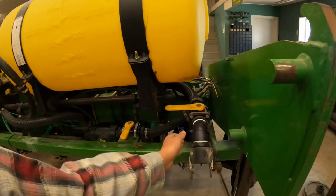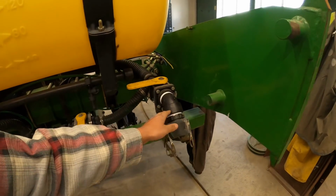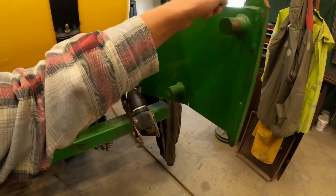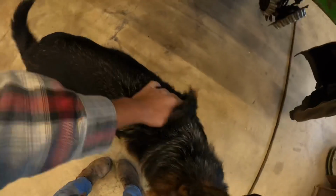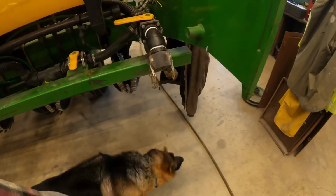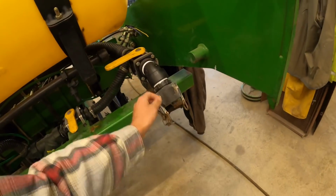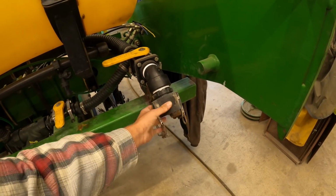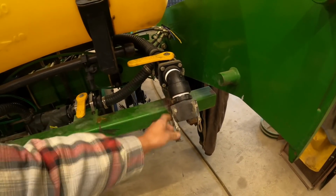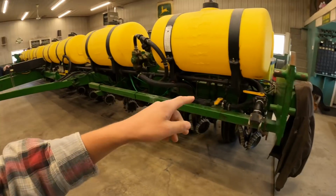So what we ended up doing, we put 45s on here, because last year, you guys remember when we were filling this with 3-inch, with that hose, we had a tarp strap up here pulling down. Oh, hello there. You just came out of nowhere. How's it going, Bela? So we had a tarp strap up here to help support it. And here comes the other one. Hey, Axel. So this year, we decided to put a 45 on it to help take some stress off that. And we got 45s on both sides, obviously, because we have the ability to fill from both sides of the